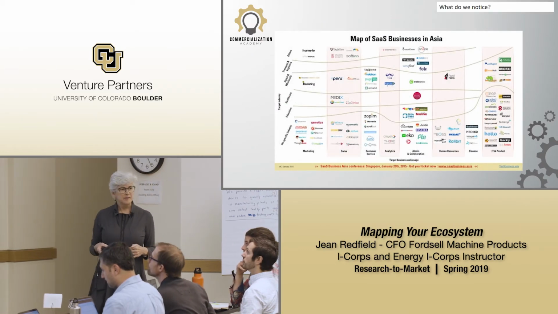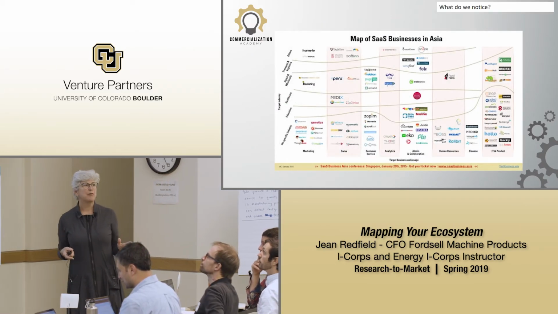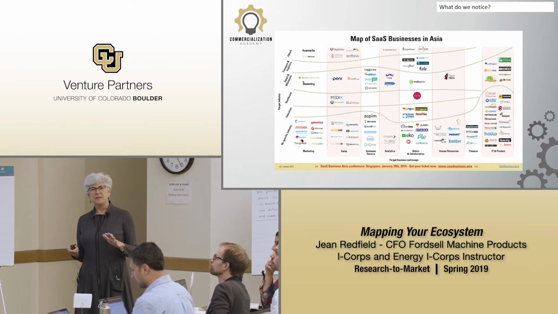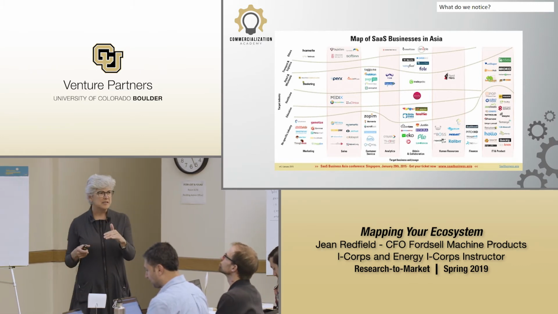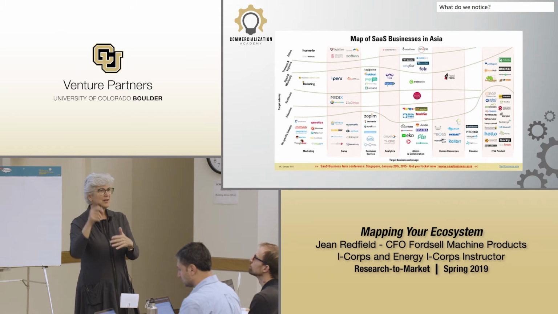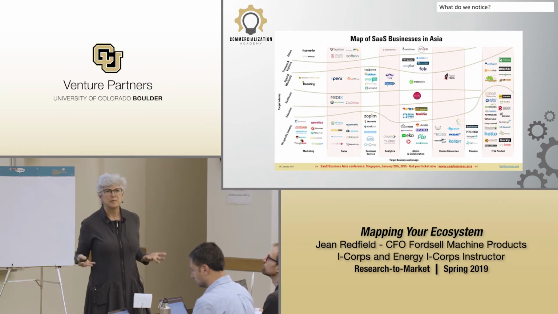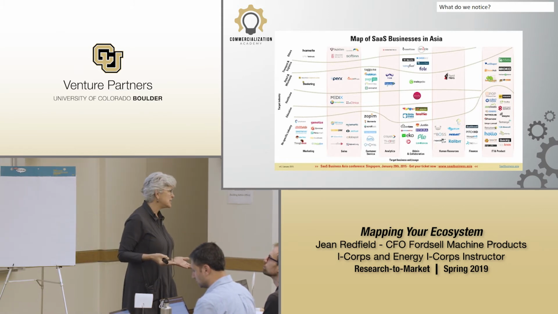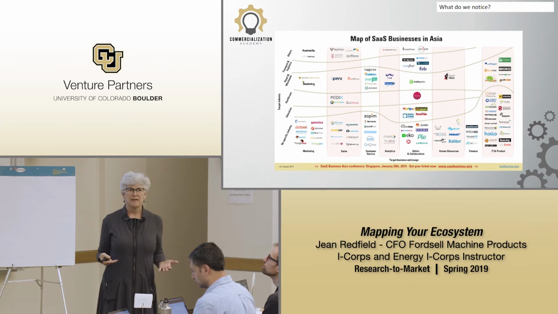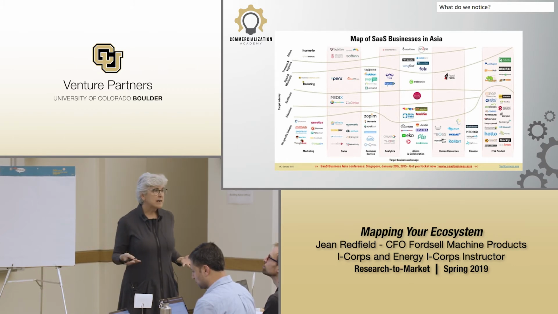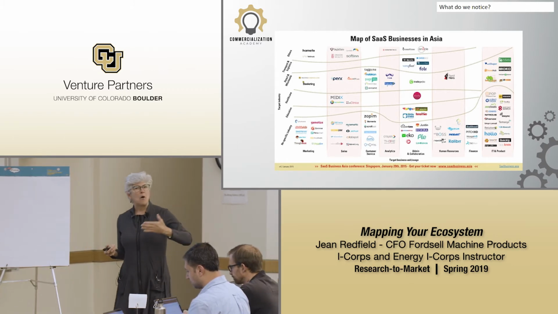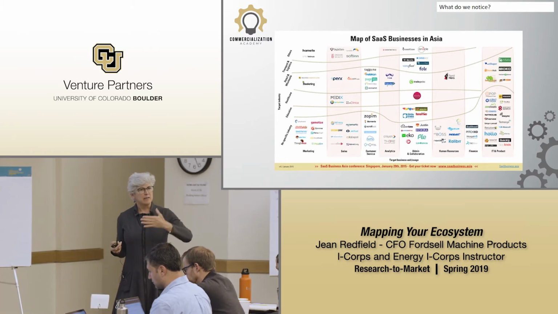Here's some examples. I mean, literally, there is stuff out there already. If you Google your industry, ecosystem, and hit image, you'll end up with dozens of pictures of what other people think that industry ecosystem already looks like. So start there. You don't have to use them whole, but they can begin to inform your thinking.